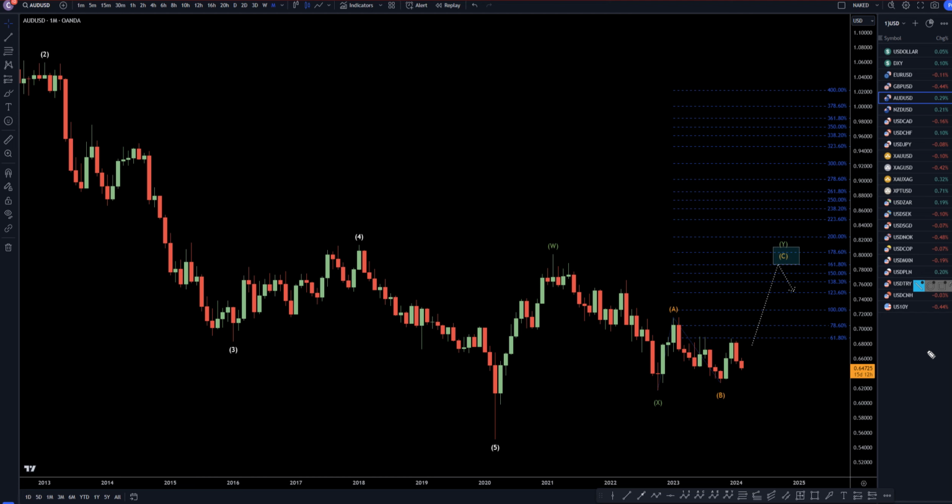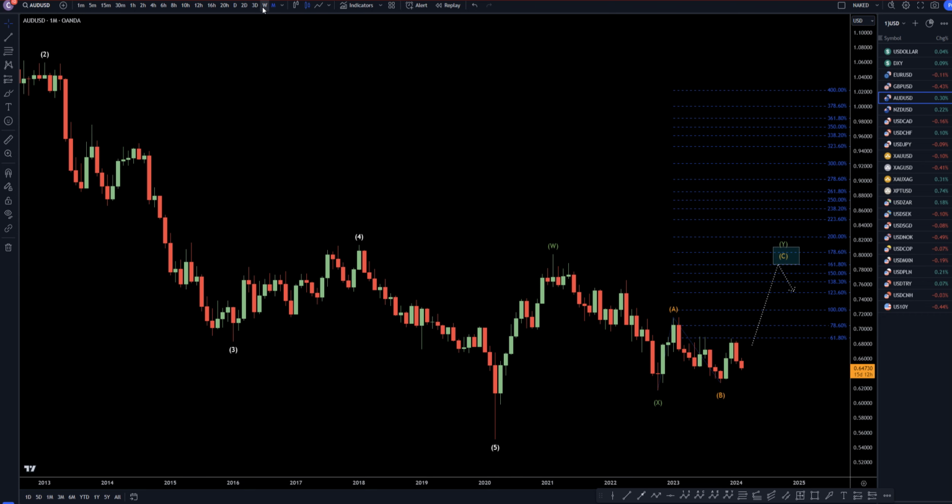Today is Wednesday, February 14th, and I'm going to be analyzing the Aussie US dollar, starting on the monthly, working my way down to the 1 hour time frame for the full top down analysis. So on the Aussie dollar, I still am very bullish overall on these higher time frames, even though we've been going down for pretty much 2 months now. I still think there's a very good chance that it is going to go up and complete this ABC of Y, which will most likely take out the higher wave W and maybe even the higher wave 4 back here before we get another big push to continue the downtrend.